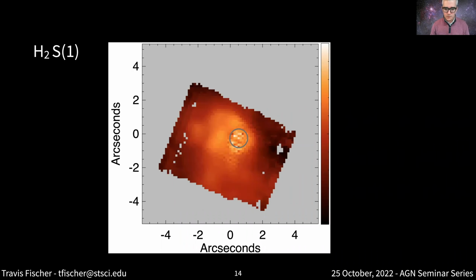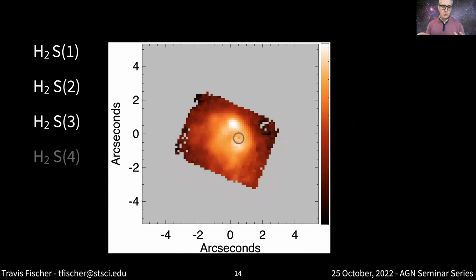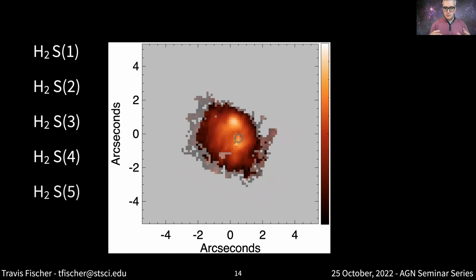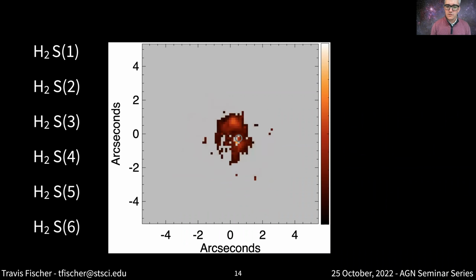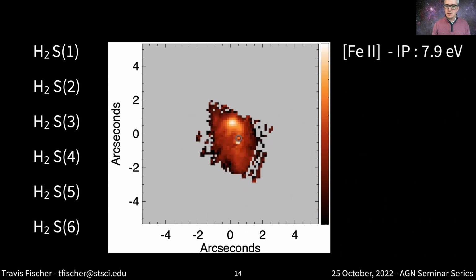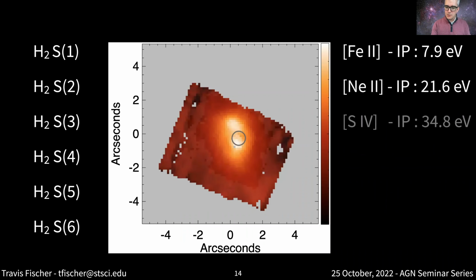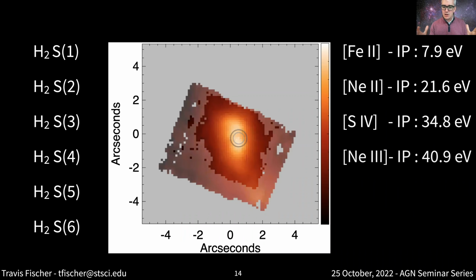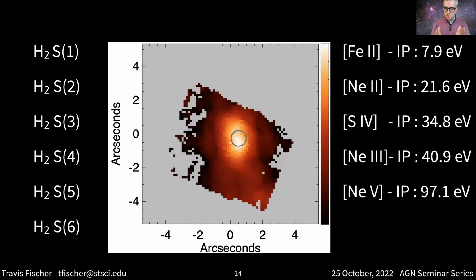I'm just going to go through this video again. This is the S1 line, the lowest-energy molecular hydrogen line. You can see how the distribution of the hydrogen shrinks as we get to higher temperatures. Then we start to get where the shock happened, and the radiation from the AGN starts to hit this other distribution that is being funneled by where the molecular gas reservoirs were.